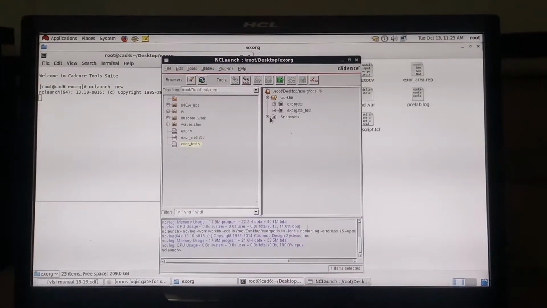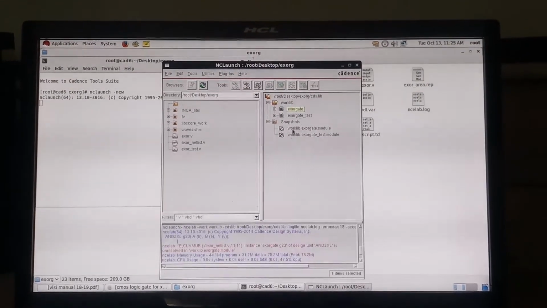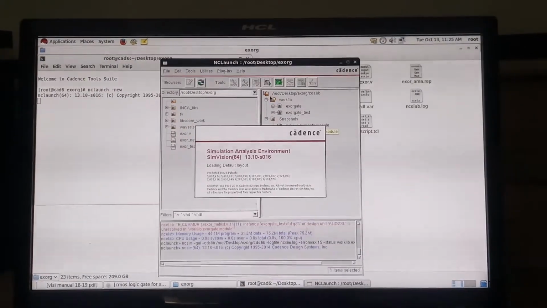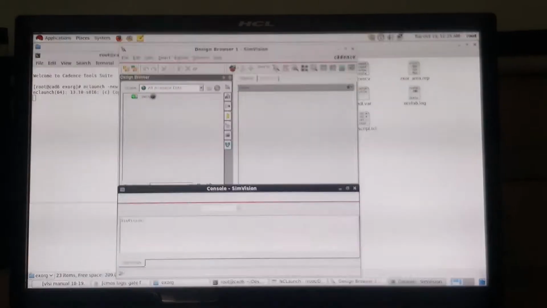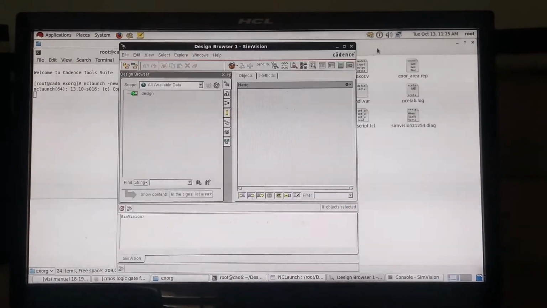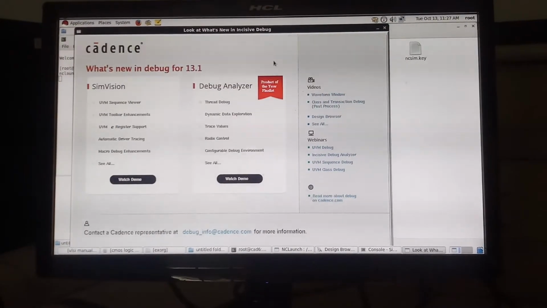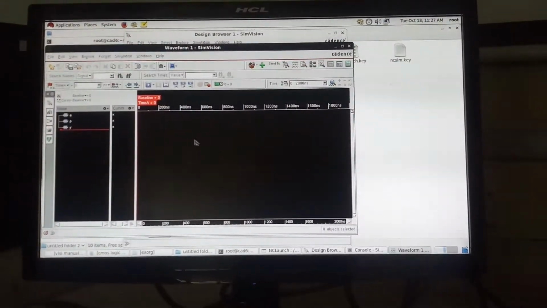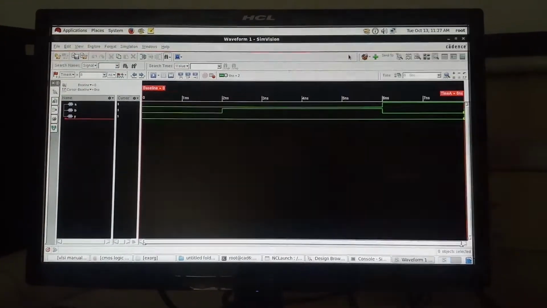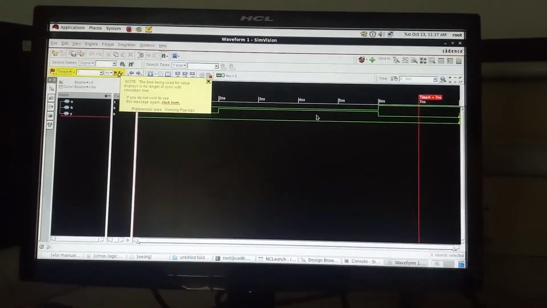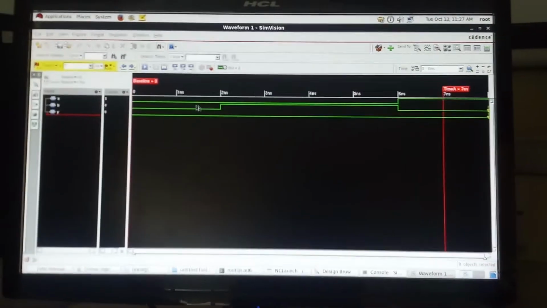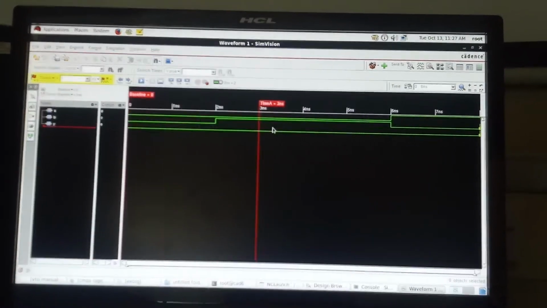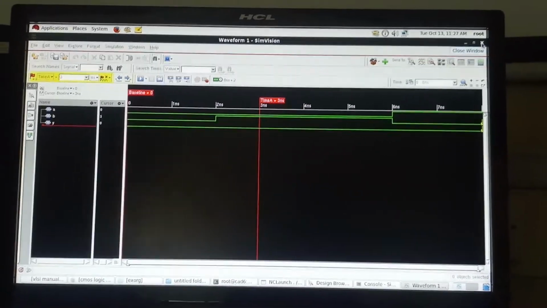work library till 100. Then again you have to select, extract, select the test bench, extract, select that test bench file, and go to the waveform window. So here is the waveform window. Select that, right click, send to waveform window and run. So this is the gate level program. According to the time we have given, the input will change and you are going to get the output. For the same condition you will get 0, for different conditions you will get a 1.